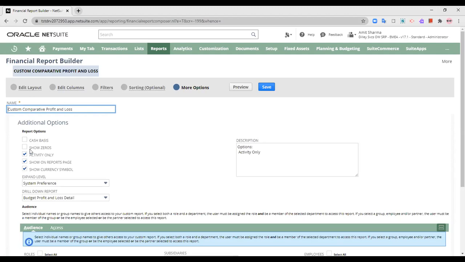You can choose which accounts to view, either only those accounts that have any activity in them, or all those accounts that are present in the income statement, whether they've got any balance or not, that is, show zeros also. Then if you want the report to show you the currency symbol, it is going to provide you with that also.